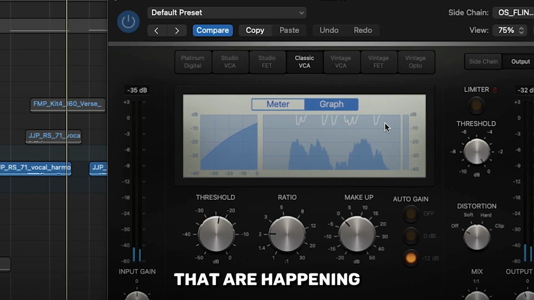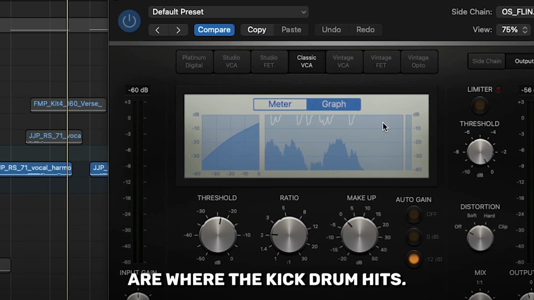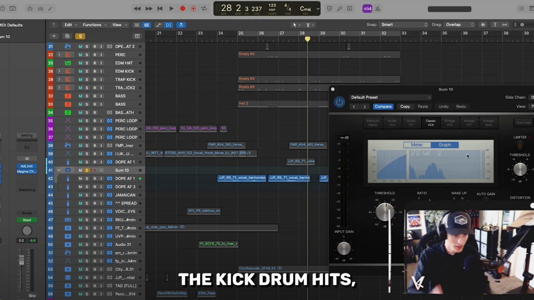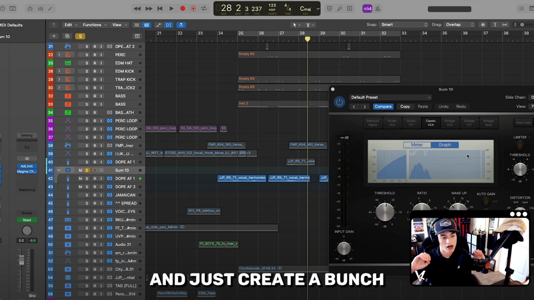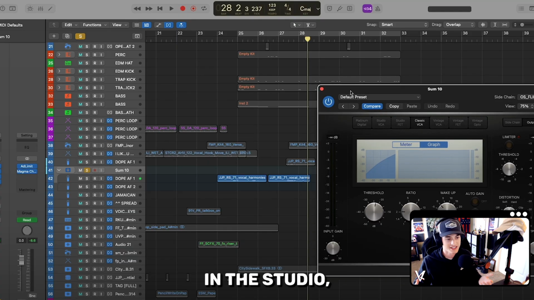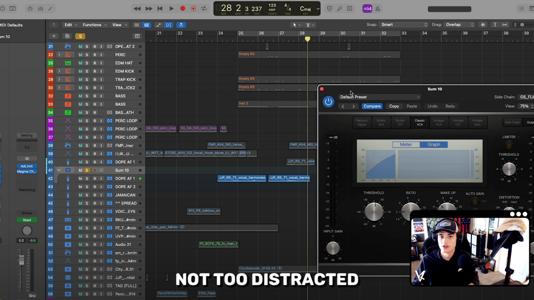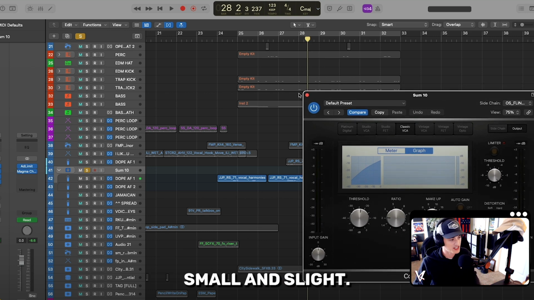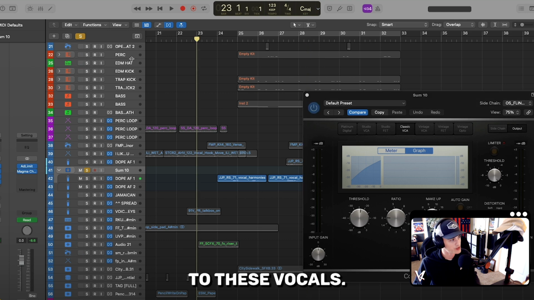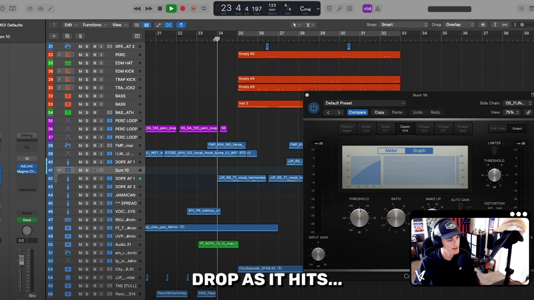So those dips that are happening are where the kick drum hits. And so whenever the kick drum hits, the vocals are gonna dip and just create a bunch more space. So as an artist in the studio, if I'm recording, I have a lot more space for my vocals, not too distracted by the beat. So that's just something small and slight I've added to these vocals. So again, on this drop, as it hits,